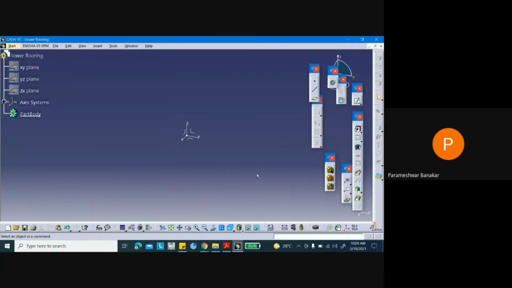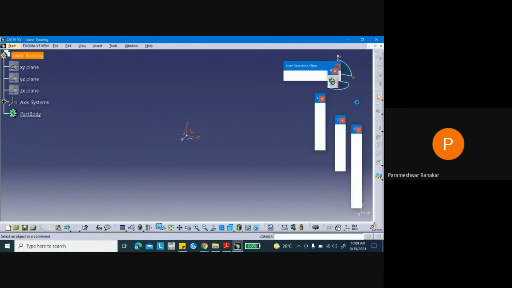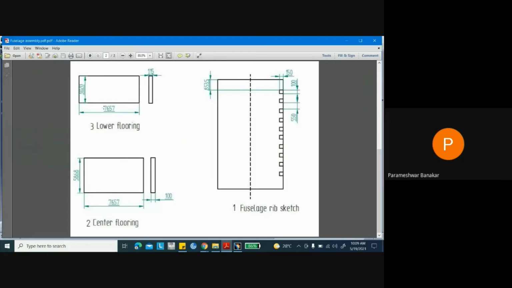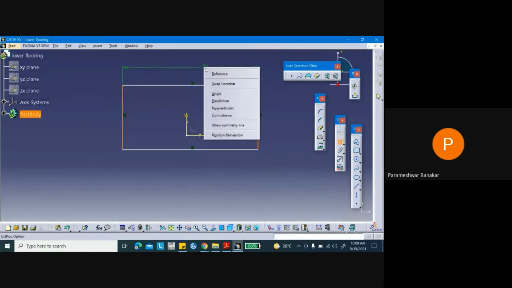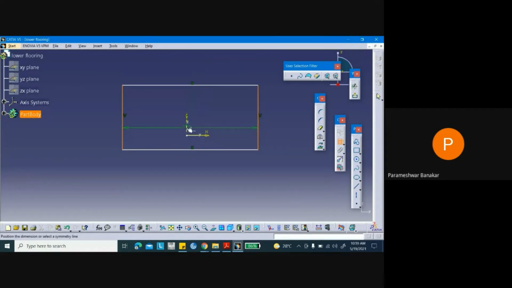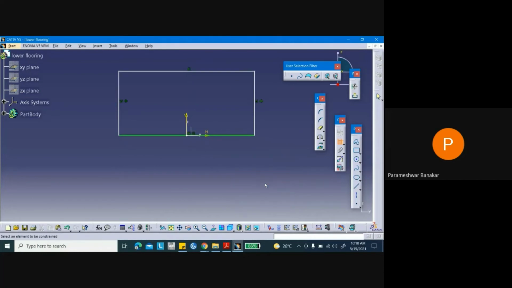Give OK, and select this plane and go to sketch part. So now, in the same manner you create one more rectangle like this. First, we'll make it symmetric, these two lines are symmetric to each other, and we'll coincide with this, right?